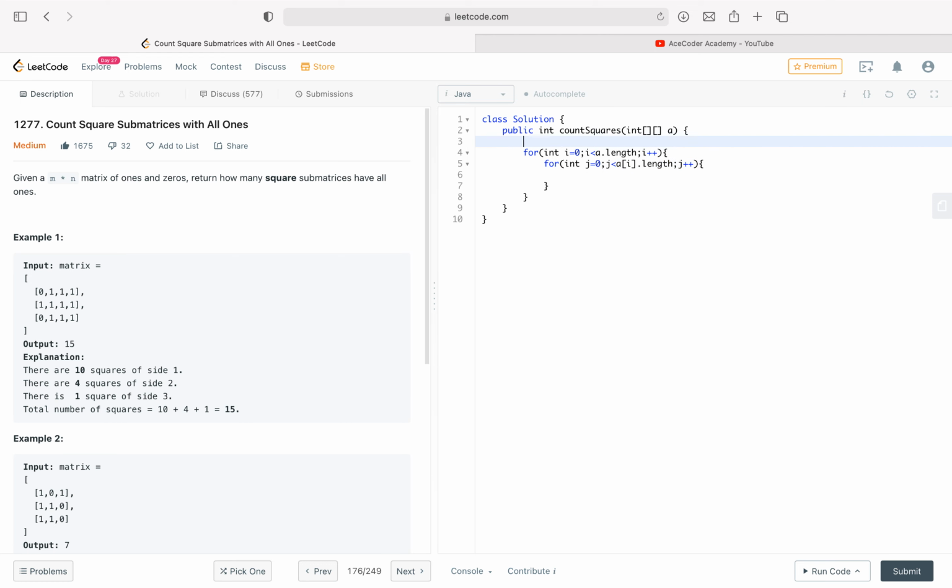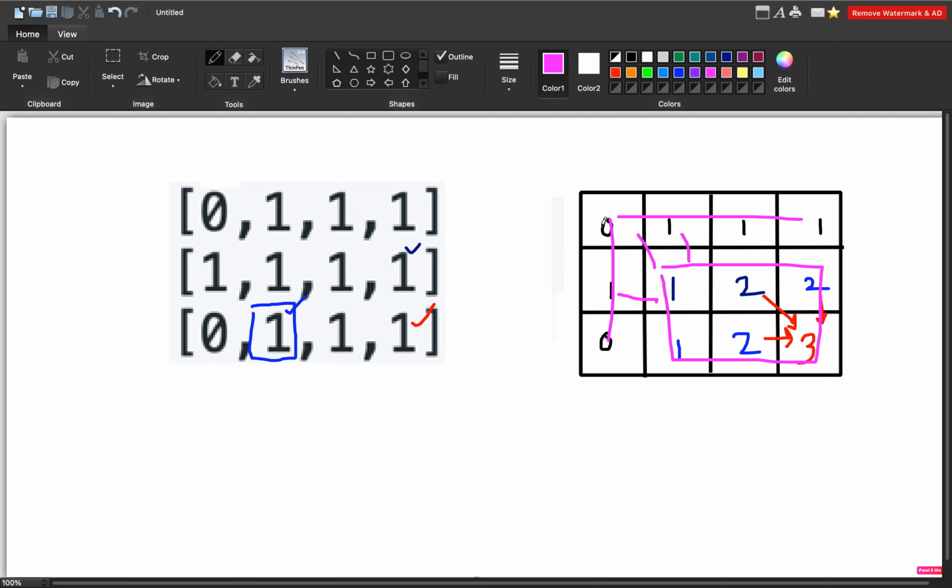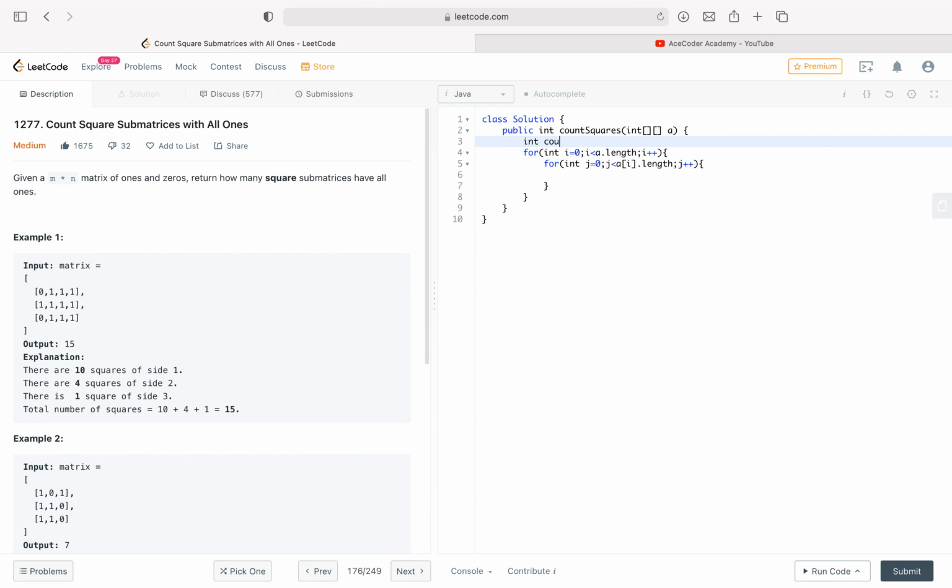Now, since I have to count all the squares, I have to take the count of all the values present at these indices. So I'll be making a count variable which will store my answer. Now, in case i is equal to 0 or j is equal to 0, we will simply do count plus equal to the value at that particular index.